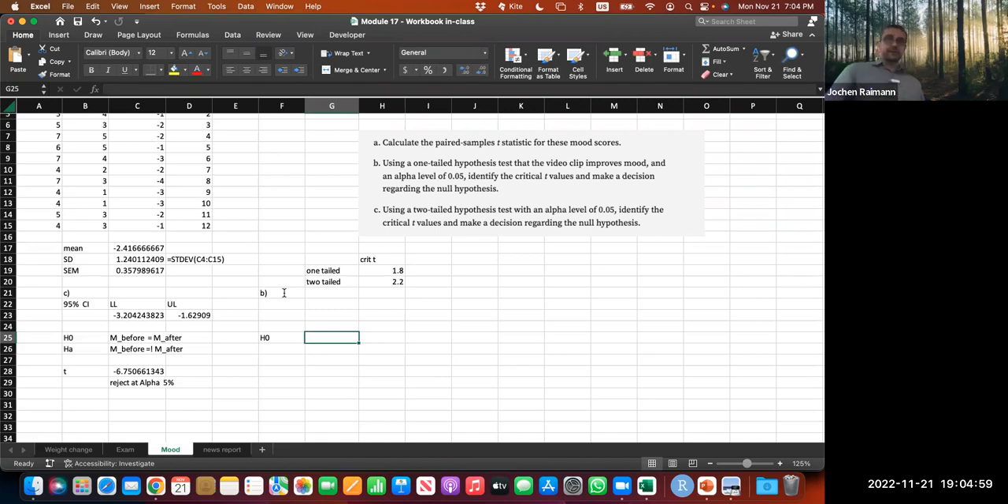So the null hypothesis is M before is smaller or equal to M after, right? So it's a little complicated conceptually, but think of it. You basically have a decrease in your mood score, which implies that they're in a better mood, which is kind of counterintuitive, to be honest. But yeah, so that's the definition. So that means that the mood score